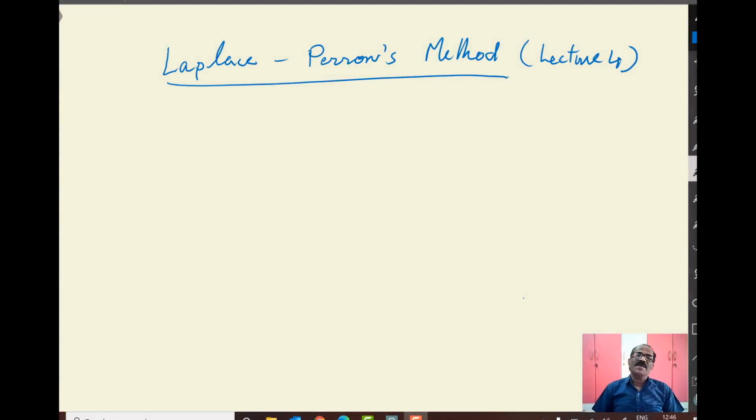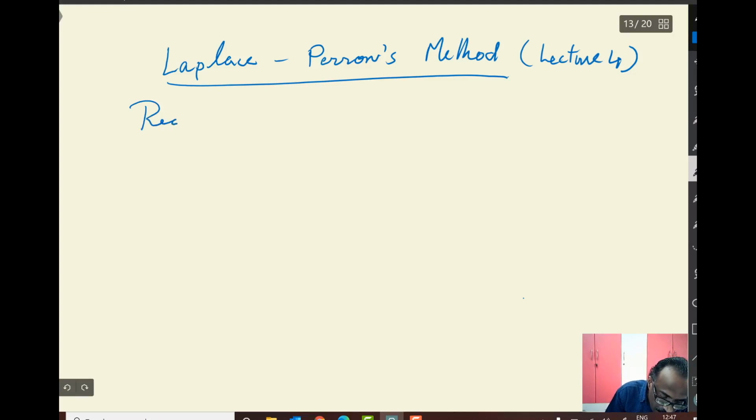So we will come to the last lecture of Perron's method. In the previous lecture, we have seen the existence of a harmonic function, and we do not know whether that harmonic function will satisfy the boundary values g, but we know that u is less than or equal to g. But to prove that u equal to g requires some conditions on the boundary, and that is what we are going to introduce now, what is called the